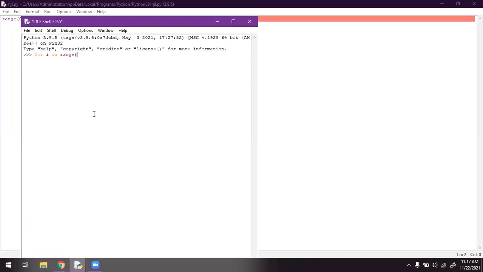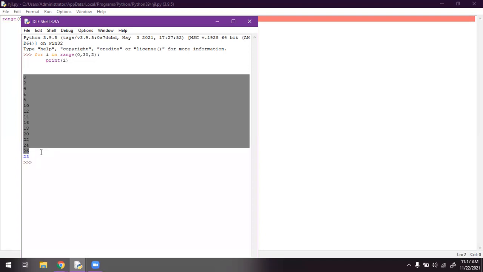For i in range of 0 comma 30 comma 2, if I type print i and run this program, what I got is all the even numbers except 30.